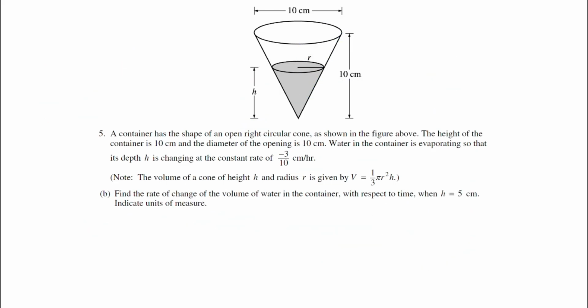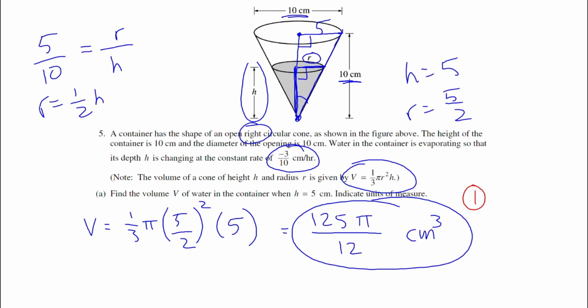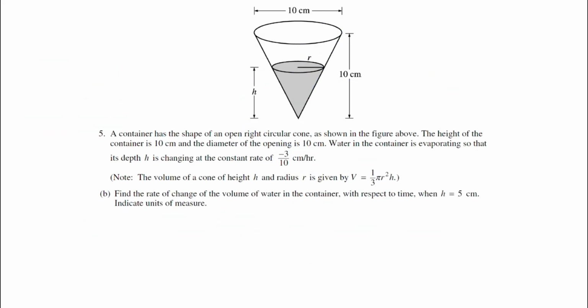Then in part B, it asks us to find the rate of change of the volume of the water in the container with respect to time when H is 5. So it would probably be easiest for us to just put everything in terms of H. So if we go back here, we already know that R is 1/2 of H. So if I look at my formula for volume, which was 1/3 pi times r squared times h, I'm just going to put in 1/2 h for my r